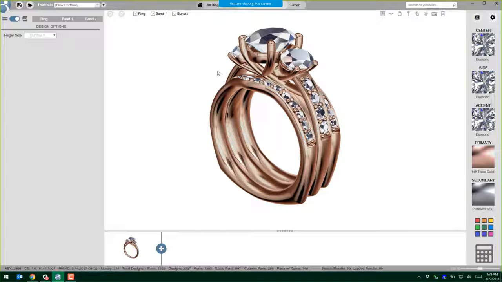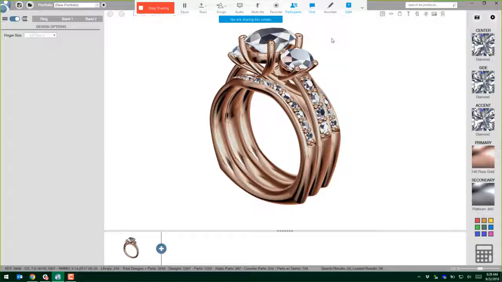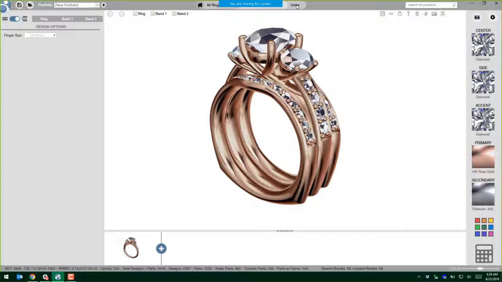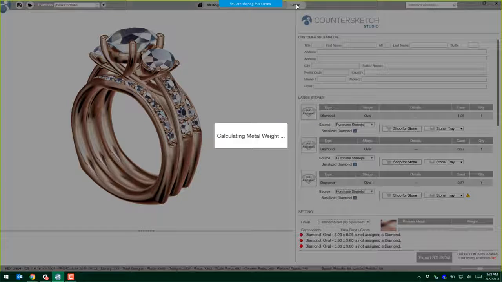So that covers most of the basic steps of using CounterSketch, getting the information from your customer, going through the search process, and then customizing the design to meet your customer's needs. We also have a couple of tools such as Design Try-On and Render that help the customer to better understand the complete design. Finally, if your customer is happy with the design, you can click on Order, and this is